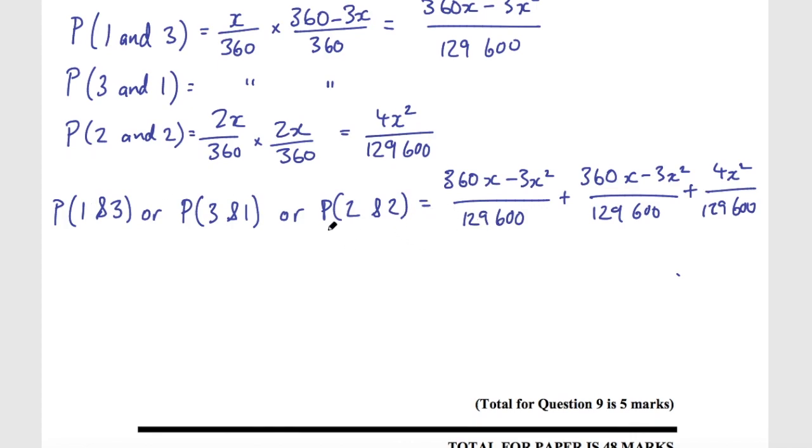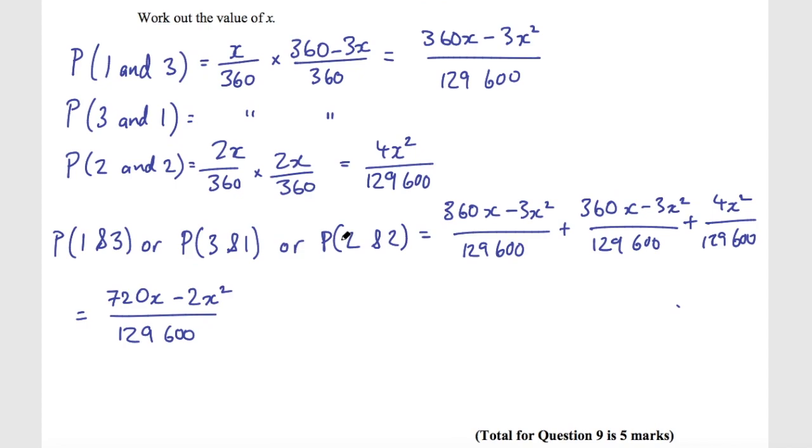Okay, and we can work that out. So I'm just going to bring that over here, and then we need to add all of these fractions together. Because they've all got the same denominator, it's not too difficult. So 360 plus 360, that's 720x, and then minus 3x plus 4x. So that's going to be minus 6x plus 4, essentially minus 6 plus 4, that's going to be minus 2x squared, all over